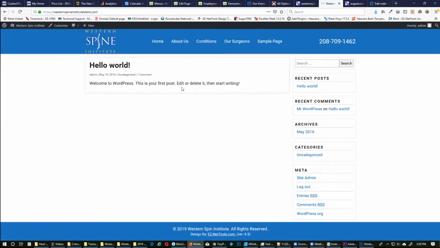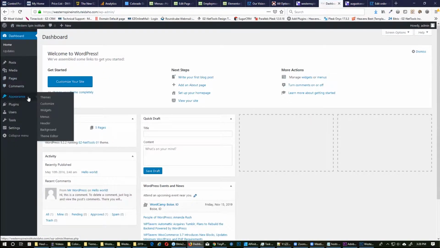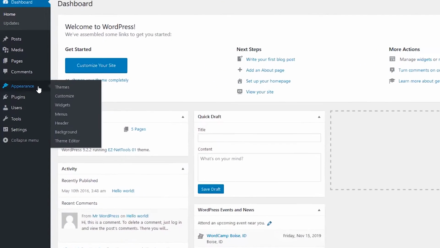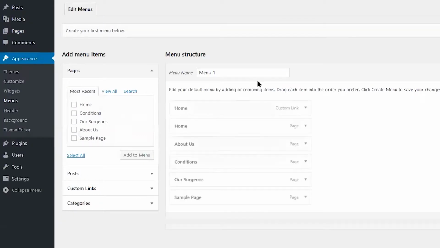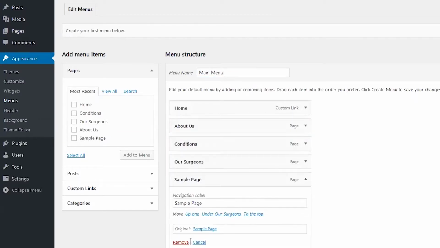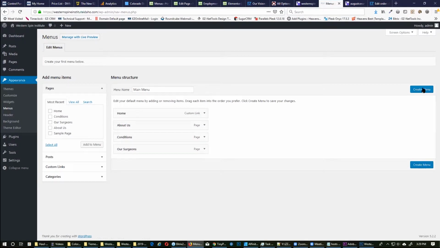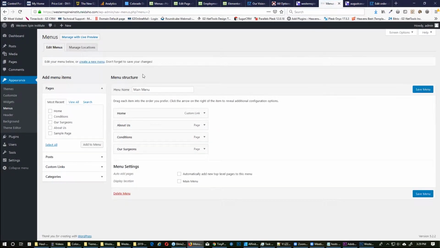Now you'll notice that there's several, including like sample page. We want to be able to control this menu a little bit more than just having all the pages be in there. So we're going to go to Appearance, Menus. I'm going to make a menu called Main Menu. Then I'm going to delete the pages we don't need, like we don't need 2 homes. And we don't need sample page. There are going to be more pages later, but this is just enough for